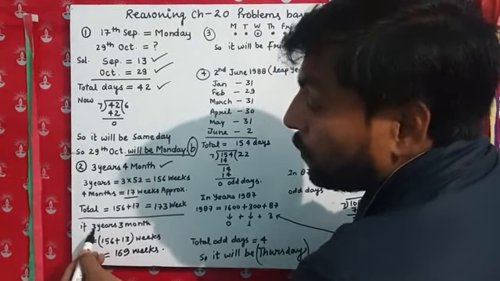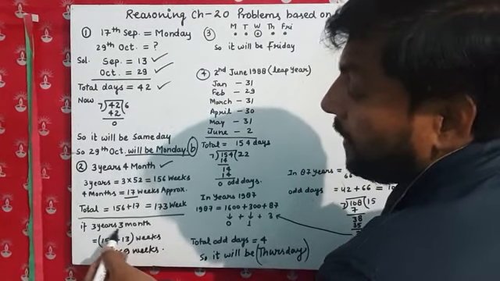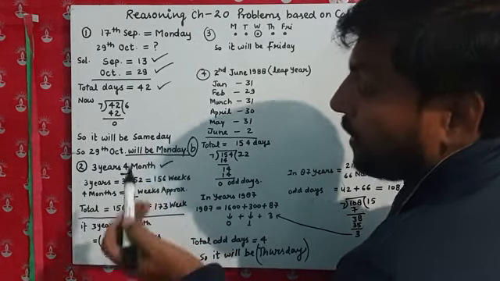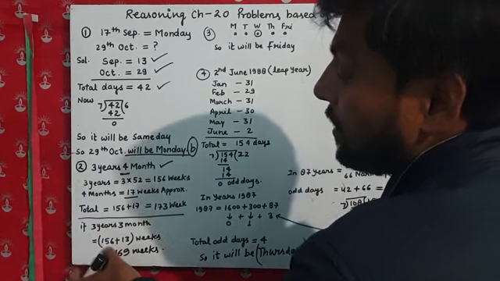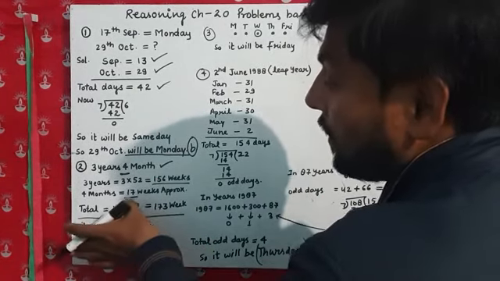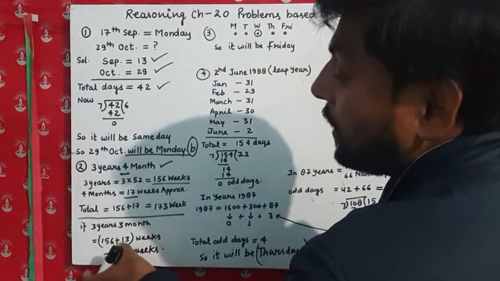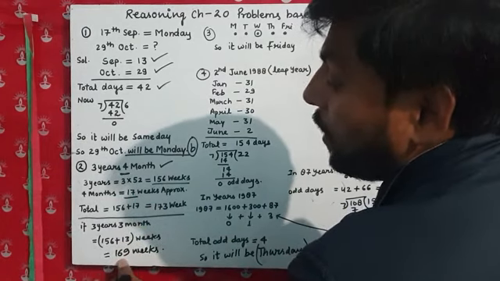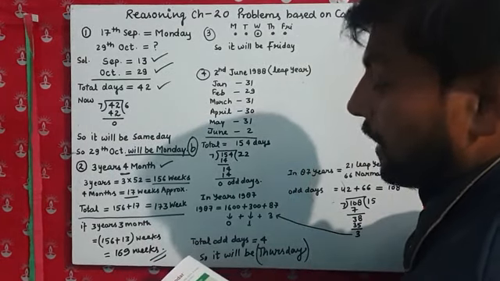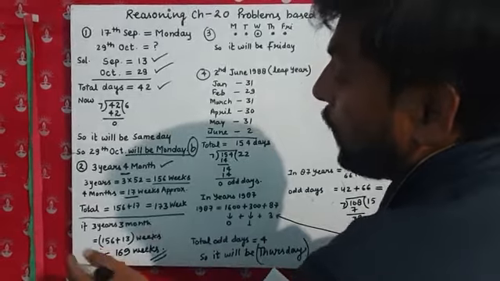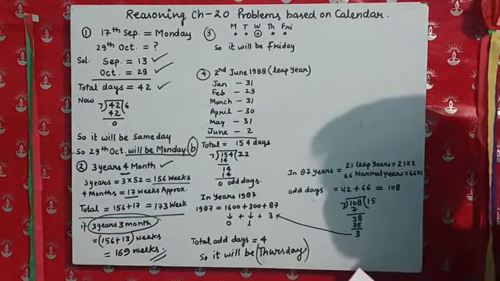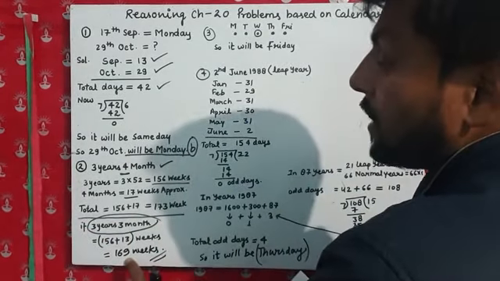Here, if we take 3 years 3 months, that means in place of the 4 months, we take 3 months. So 3 years means 156, whatever is given here. And in 3 months there are 13 weeks. So its answer becomes 169 weeks. So here the fourth option will be correct, that is given in the answer sheet. So we have to write down the corrected question as 3 years 3 months. If we take this question, then this answer will be correct.